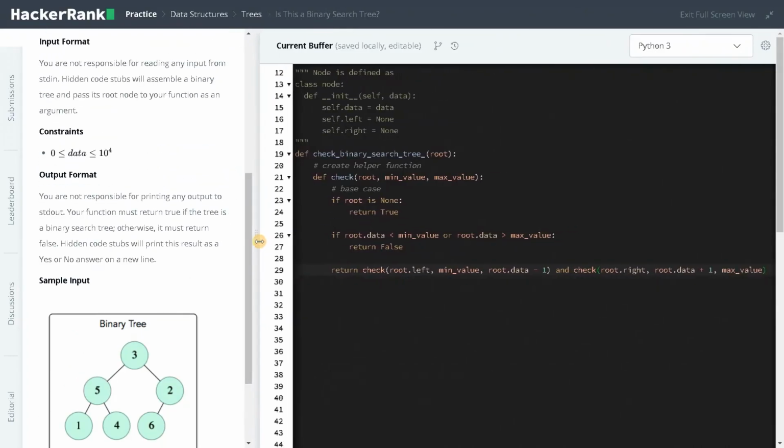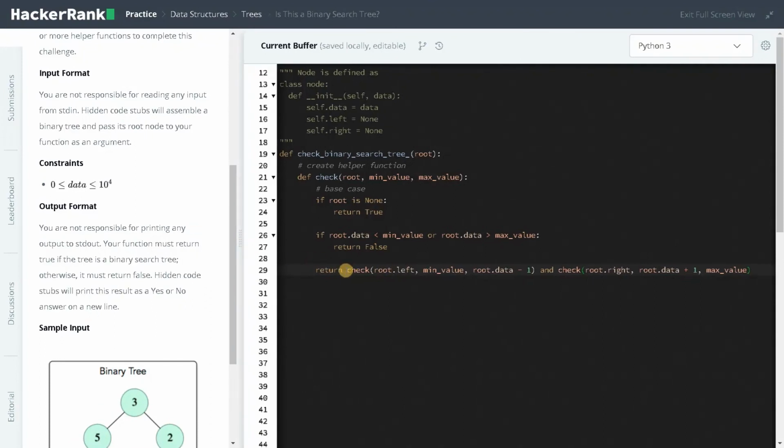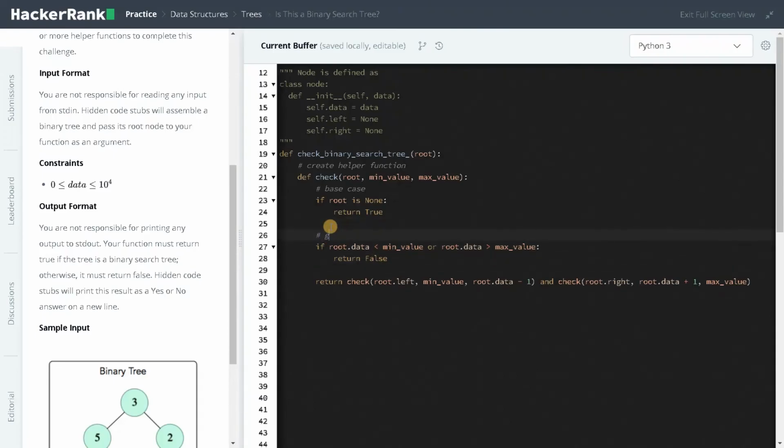Let's just drag this. Okay, now you can see the whole thing. This itself is a condition because I'm using AND operation. It will return a Boolean value. If both of those are true, it is a binary search tree. If any one of them is false, it will return false and it is not a binary search tree. So for each recursion, it will check the current node with minimum value and the maximum value like we mentioned here. This is a general case.